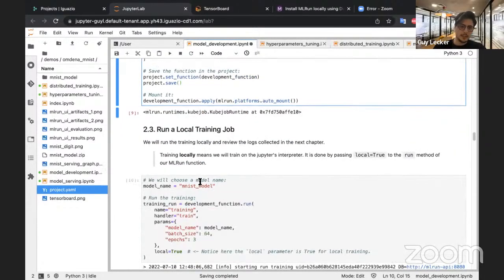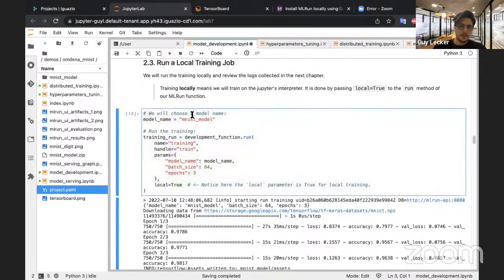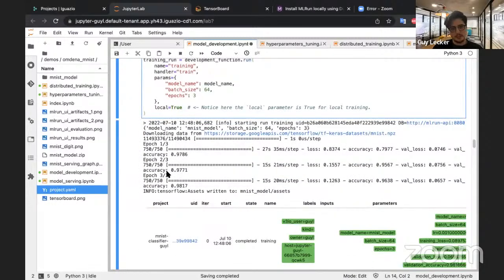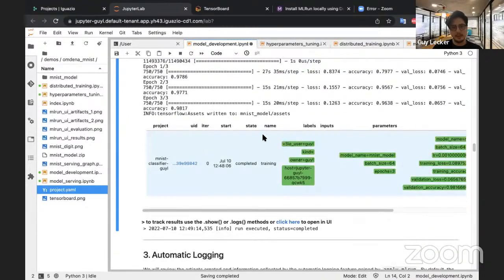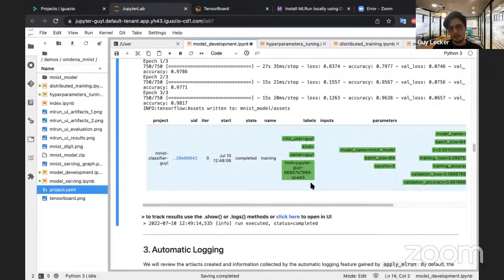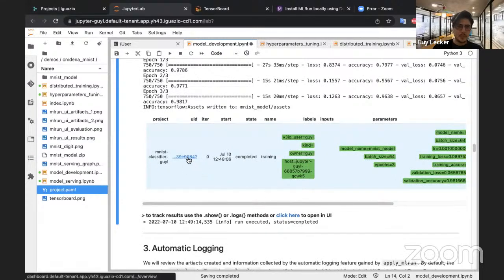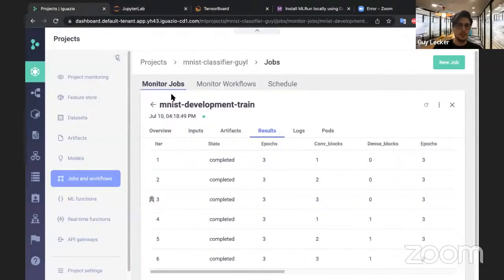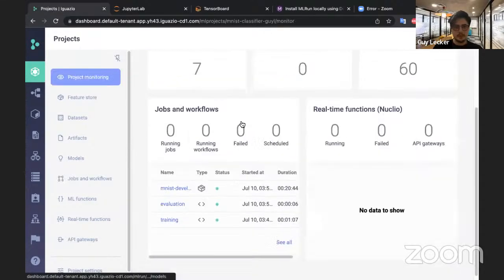Okay, so now we have the model, and we will run it on the local Jupyter notebook because I set local equals true. As you can see, it ran. I have a very high accuracy, and now I have this summary table. Here I can have a link to the MLRun UI. This is the MLRun UI. You can see here my job. This is the project,